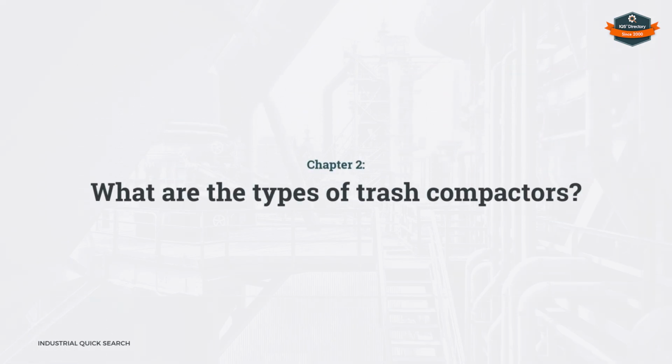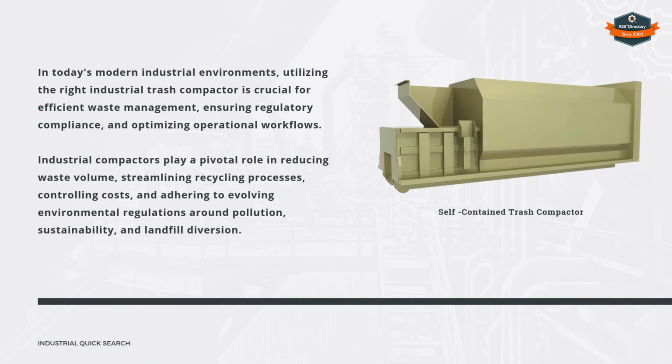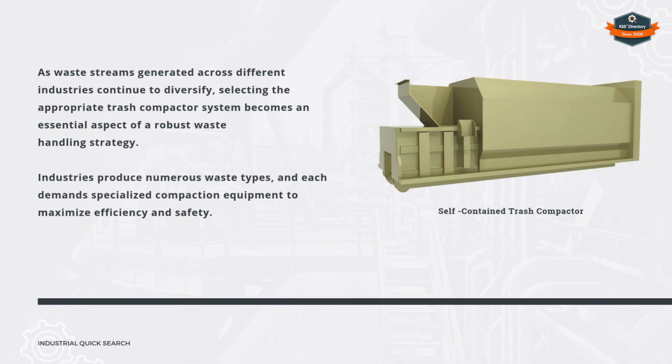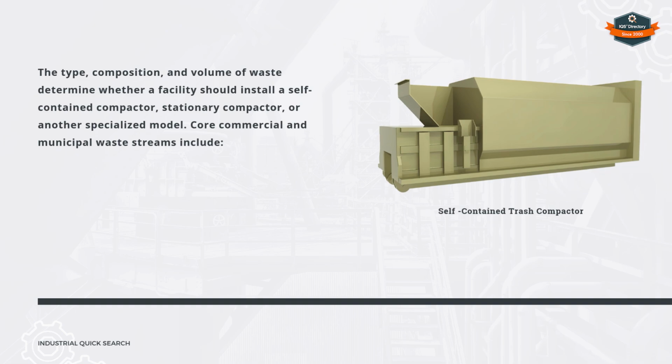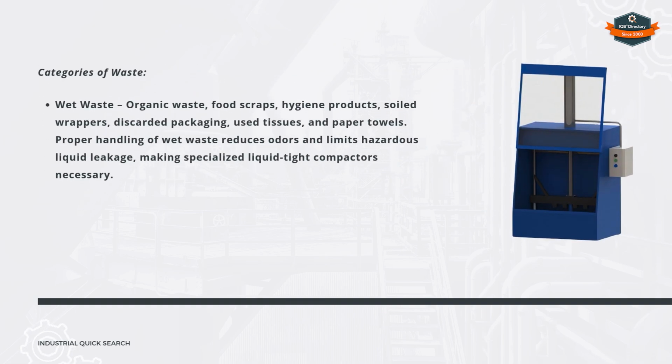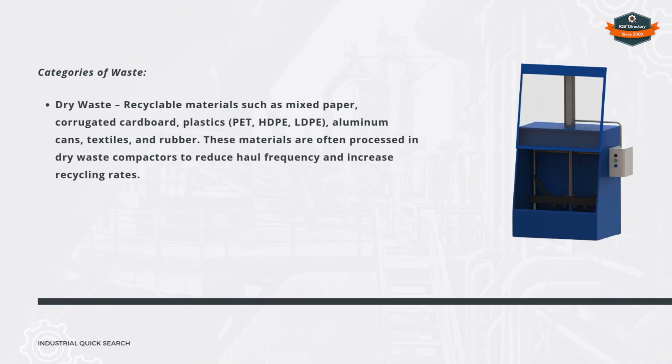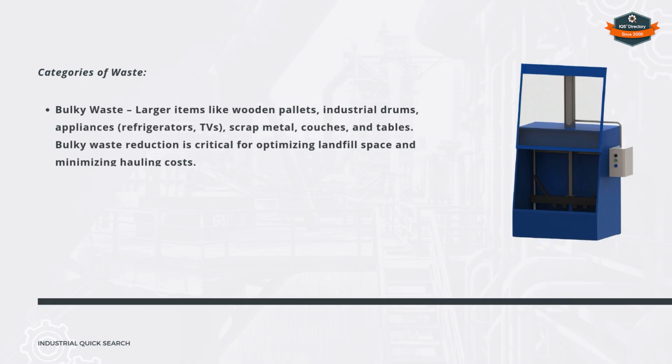Chapter 2. What are the types of trash compactors? Core commercial and municipal waste streams include: categories of waste. Wet waste, dry waste, bulky waste,